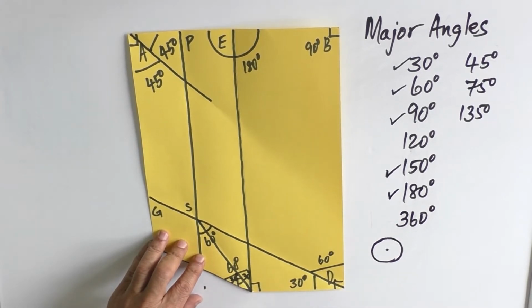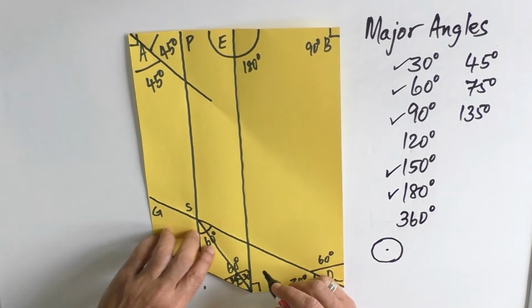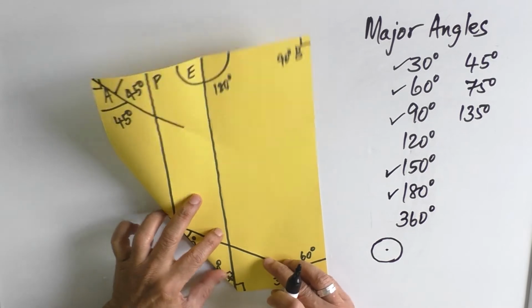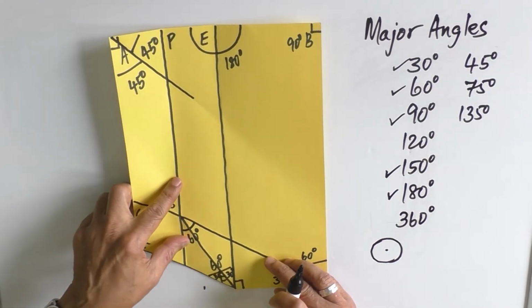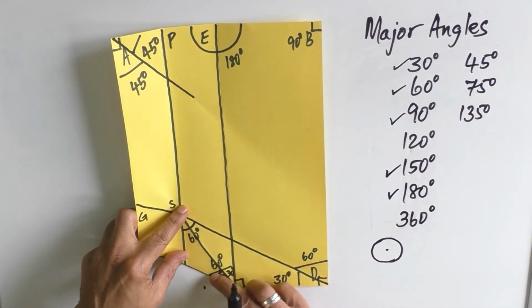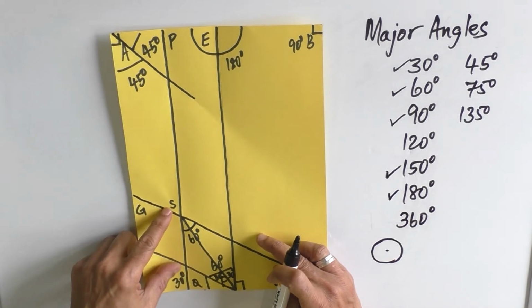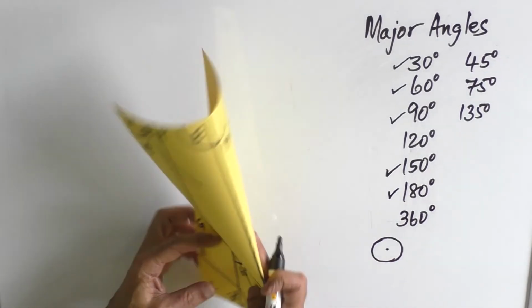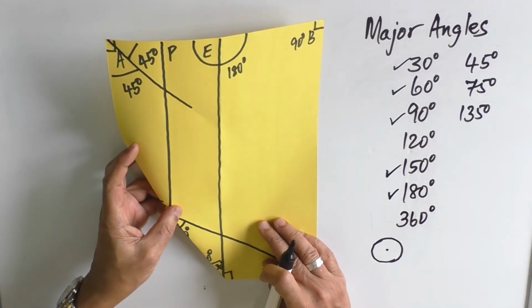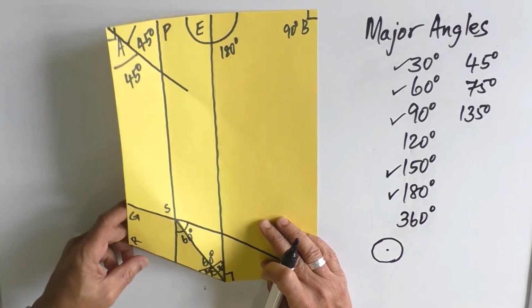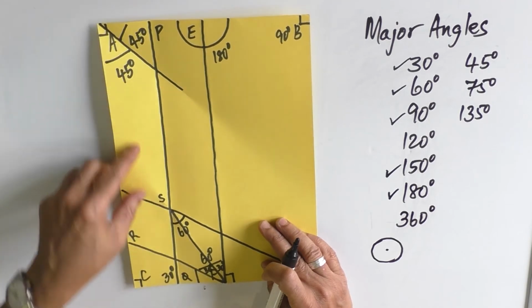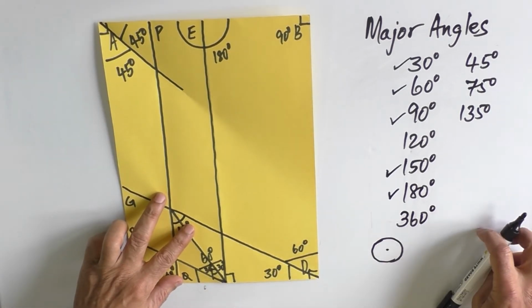Now what is 120 degrees? 90 degrees plus this one, this is 120 degrees. What is 150 degrees? 150 degrees, because 90 degrees and 60 degrees. What is 180 degrees? 180 degrees. So this is 90 degrees, and then you get 120 degrees, you get 150 degrees, 180 degrees, you get 45 degrees. And suppose you want to measure